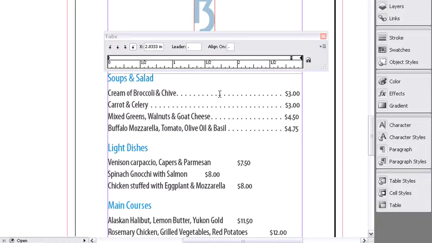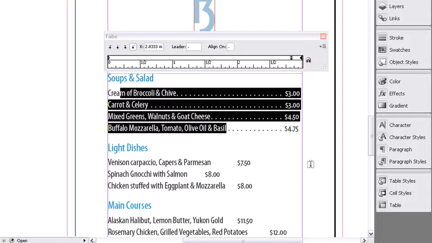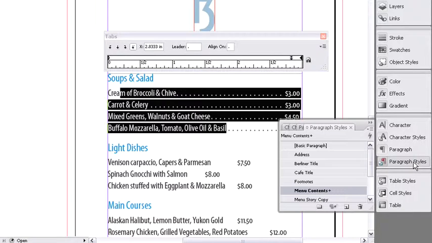Now there's just one last thing to do here, and that is to understand that tabs are a paragraph attribute. So in this case, we have changed this paragraph. Let's go ahead and open the Paragraph Styles panel. You can see here that we had a style applied called Menu Contents, but now we have a plus mark indicating that there is an override. And if we hover our cursor over the style name, we can see that the override is actually the tabs